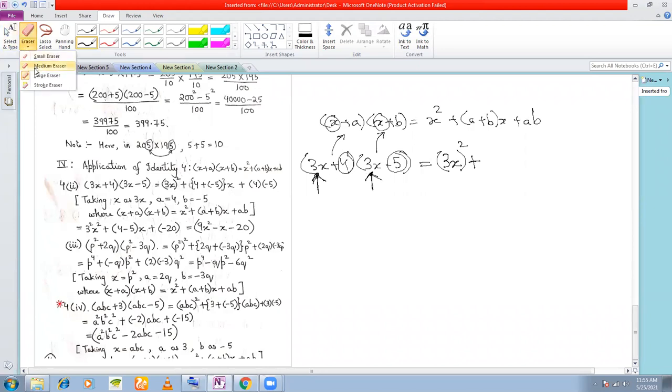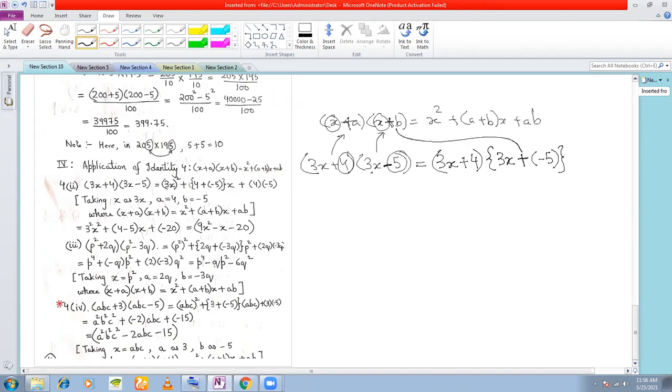Now see, first, before writing it in this manner, you must notice something very important here. I have x plus a and x plus b. But here I have a minus sign, right? So what I will do is write this as 3x plus 4. And remember, this can be written as plus of minus 5, because I want to bring a plus here since I'm comparing with this. So now I have both plus signs. Now what is a here? A here is plus 4. And what is b here? B here is minus 5. So now I'll use this. So first of all, you have x square here.